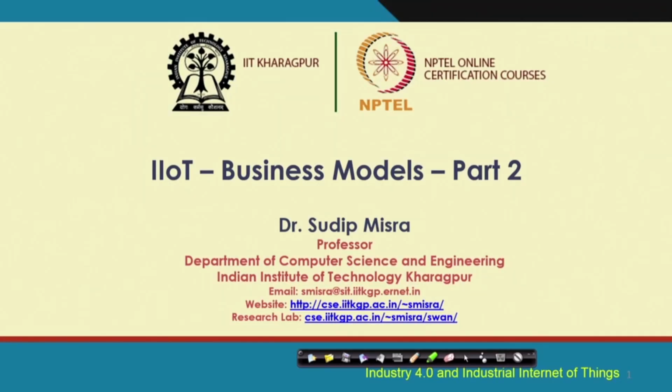So, the next lecture is about IIoT business models, the second part of it. In the previous lecture, we went through some of the fundamentals of the business aspects of IoT, the business models, and the different types of business models that are there in the literature, not just for IoT. Thereafter we also went through some specific aspects of business models for IoT, the features, the advantages, the different challenges in adopting them for IoT and so on.